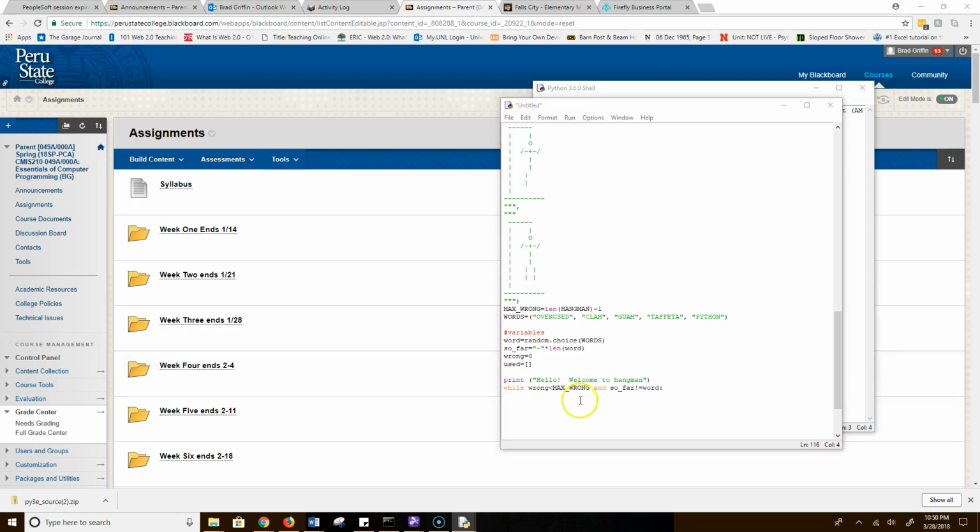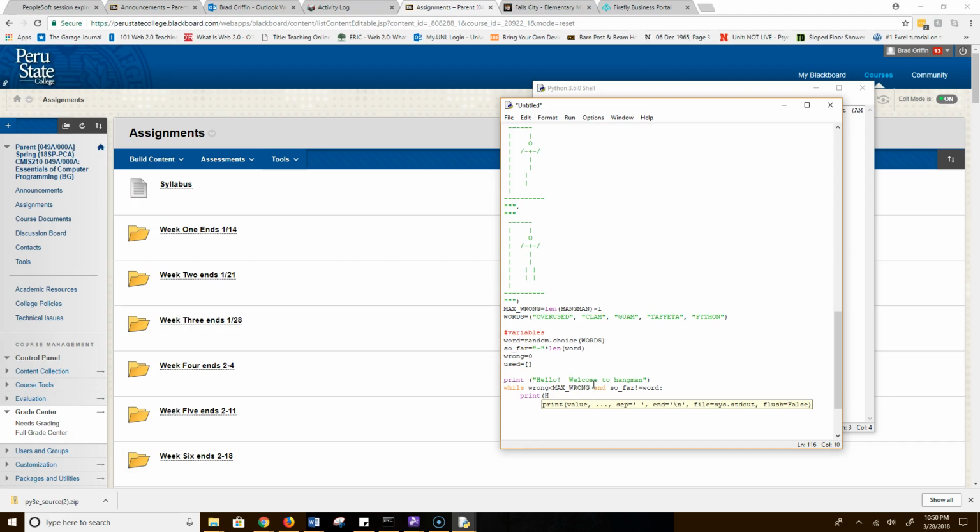All right, so what we're going to allow it to do is, at the beginning of this, we want to print the letters that you've already used, so the ones that are wrong. So in other words, we created that list up there, and we want to be able to print them. So we're going to do a little bit of maneuvering here. So we're going to print,